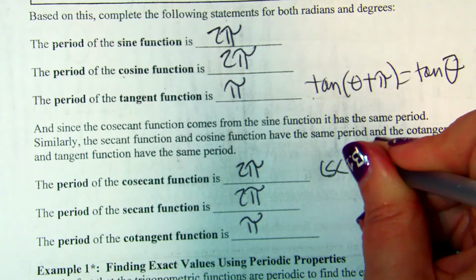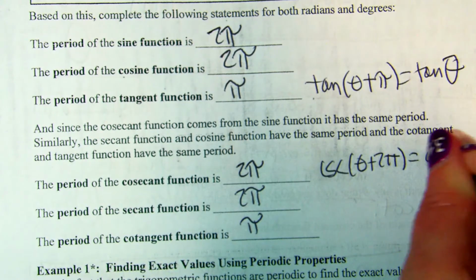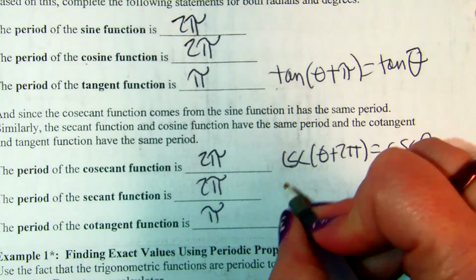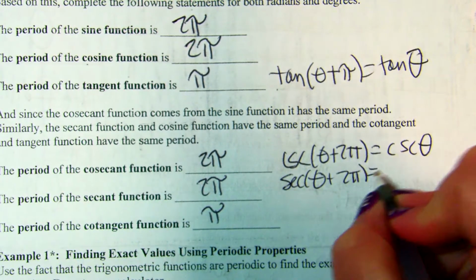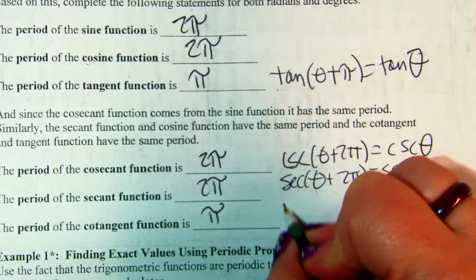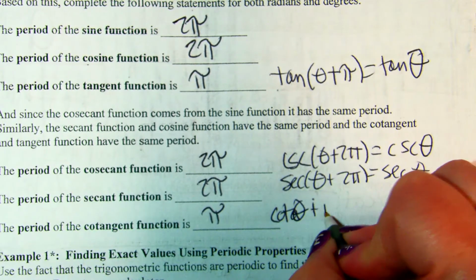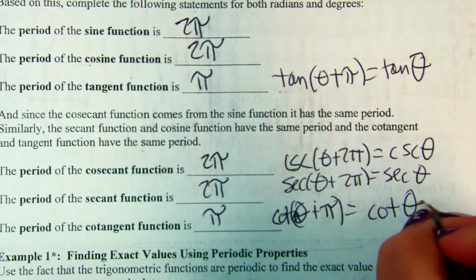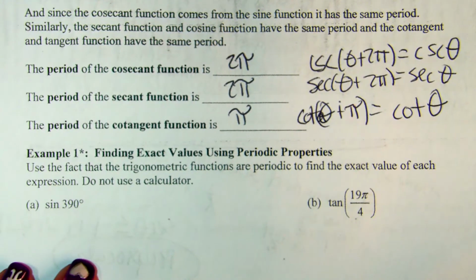Cosecant of theta plus 2 pi equals cosecant of theta. Secant of theta plus 2 pi equals secant of theta. And cotangent of theta plus pi equals cotangent of theta. So the only two that are pi instead of 2 pi are